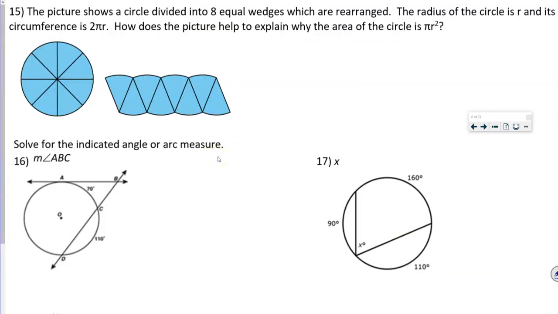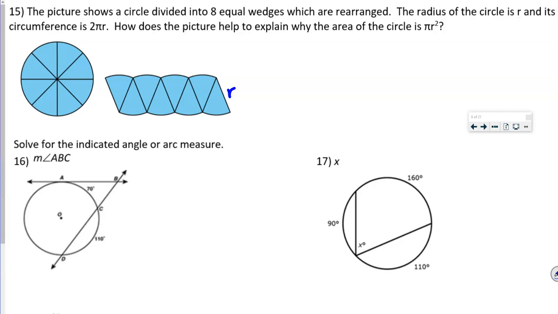All right, number 15, it says the picture shown is a circle divided into 8 equal wedges, which are rearranged. The radius of the circle is r, and its circumference is 2 pi r. Okay, so if the radius is r, then we know that this right here is r, right? Okay, and then it says, how does the picture help us explain why the area of the circle is pi r squared? So